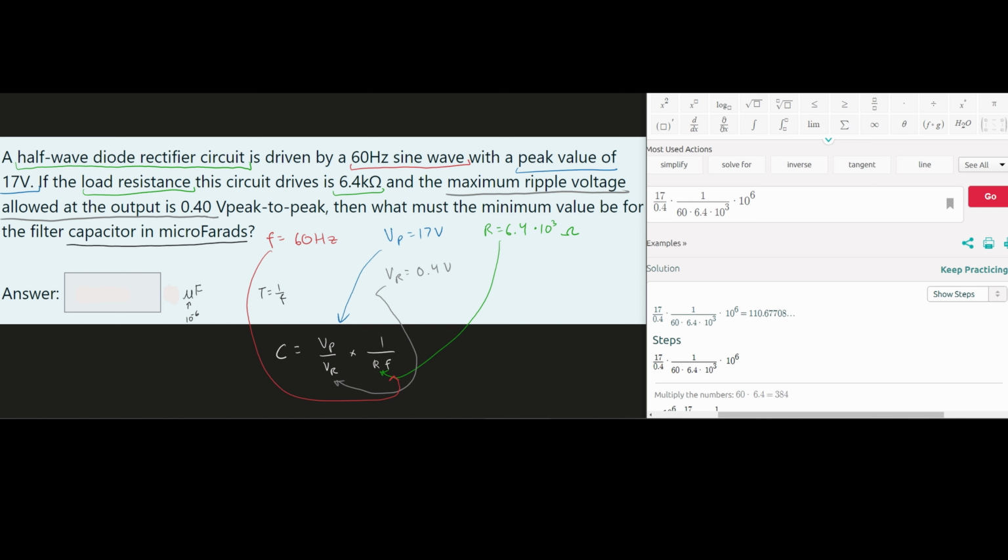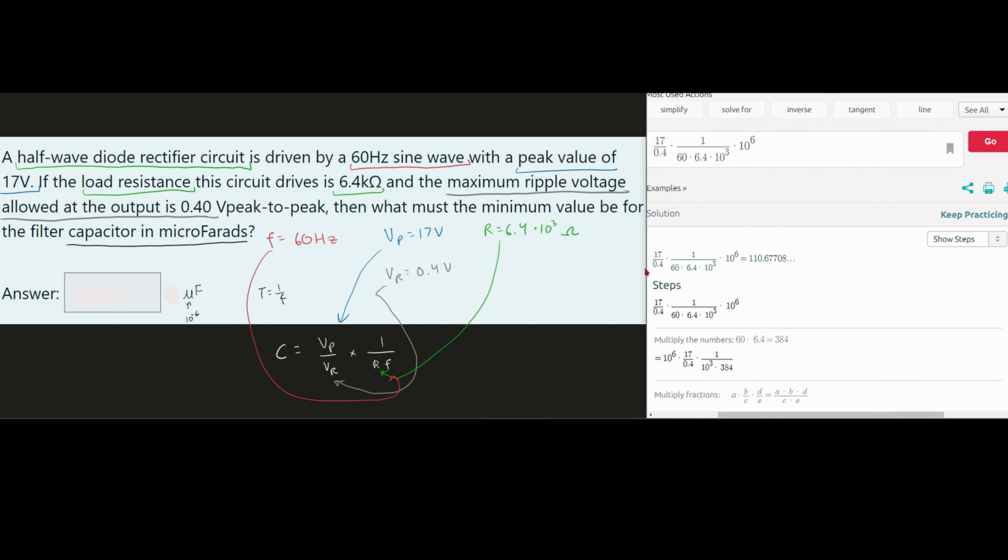Notice how I have this 10 to the 6 here as well. The 10 to the 6 is because we want our value in microfarads. Once we solve this, we're going to get some number, and it's going to be in farads for capacitance. So we multiply this by 1 micro, and this is over 10 to the negative 6. Well, if we want this to be up top, we just flip the sign out front. So instead of it being a negative 6, it's going to be a positive 6, hence why it's a positive 6 here. And we're going to get a value of approximately